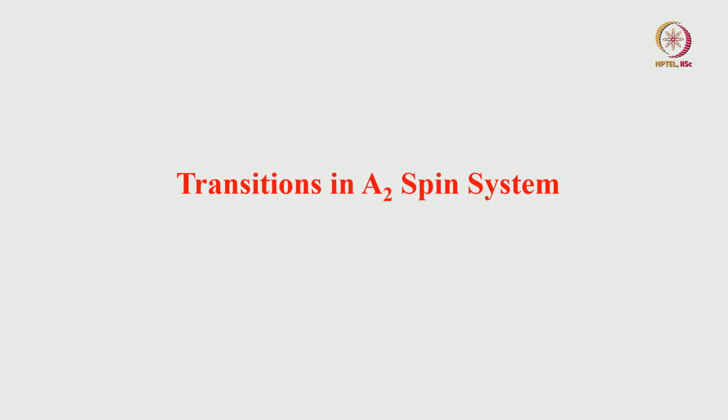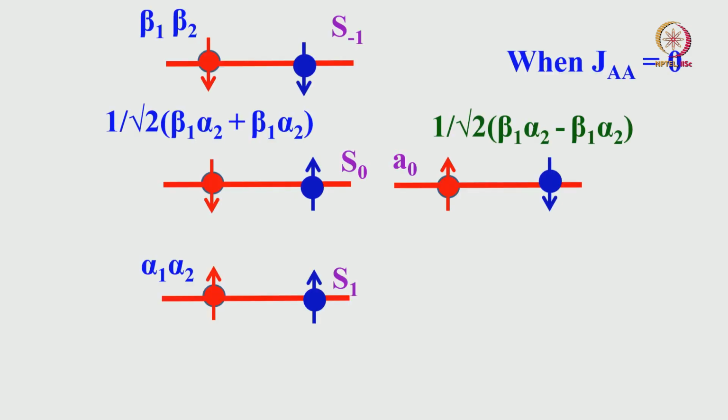And what are the transitions you can see in the A2 spin system? Of course, one interesting thing you should understand, A2 has 4 energy states, beta beta, alpha alpha, but in the weakly coupled case you have beta alpha and alpha beta. But in the strongly coupled case, without going more into the details, I can say these are the 4